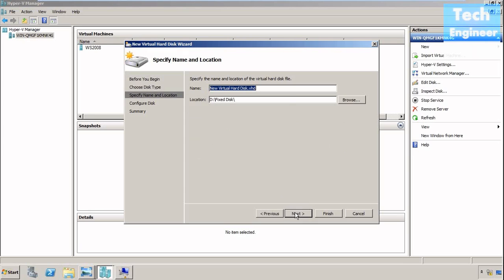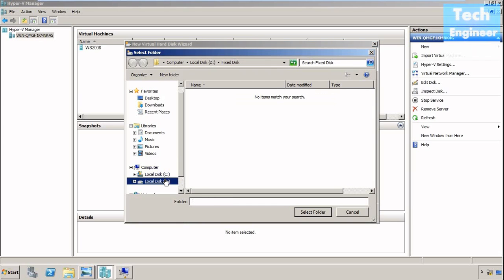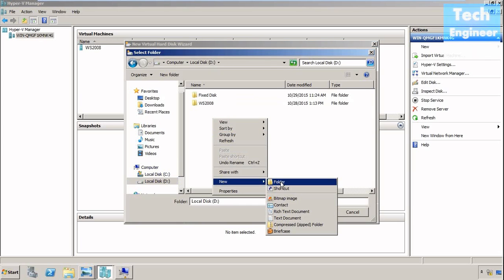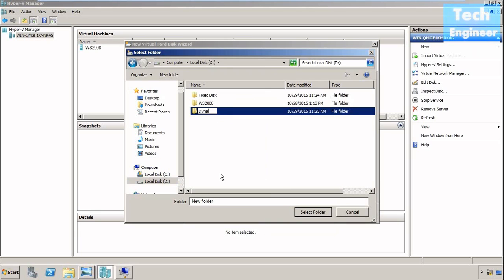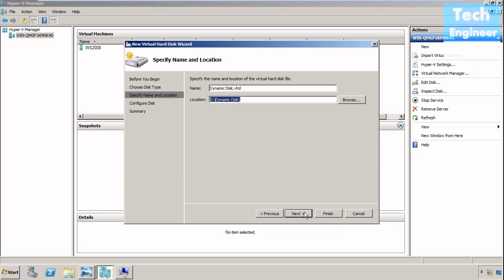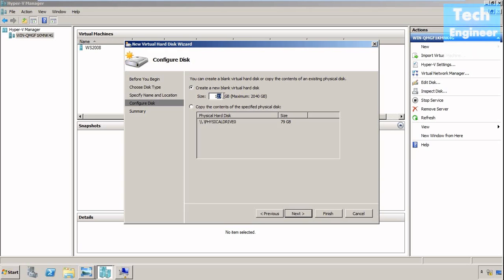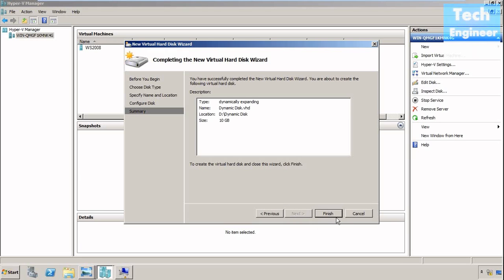Now next, let me change the name, dynamic disk, and let me change the folder name, the storage, dynamic disk, select the folder, next. Now space, as usual, we're going to take 10 GB, finish,